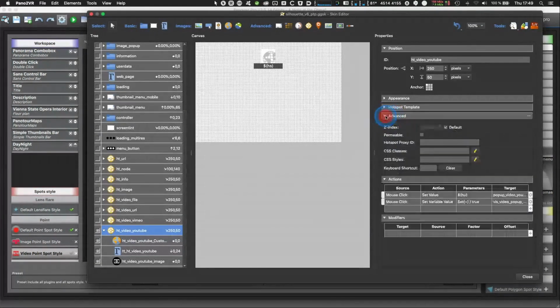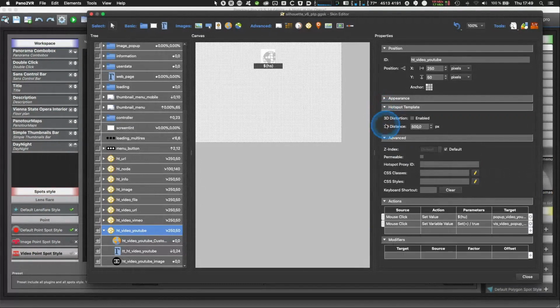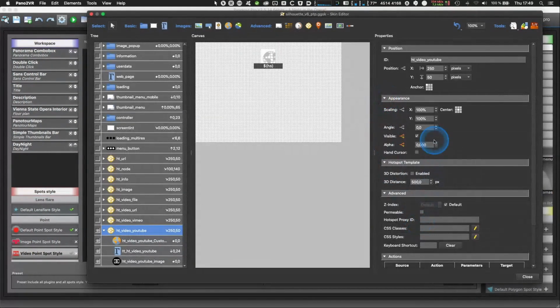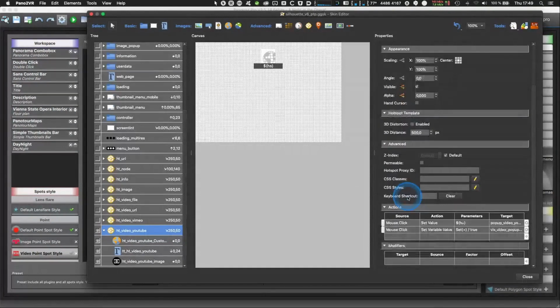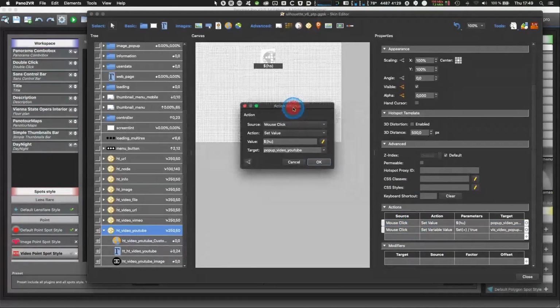And if you go to advanced and to hotspot template and to appearance, you can define all aspects you have for this hotspot, and to make it visible or fading or something like that. And what's most important is you have the first action on the mouse click: set value, and you're sending over a placeholder to a target. And the target is